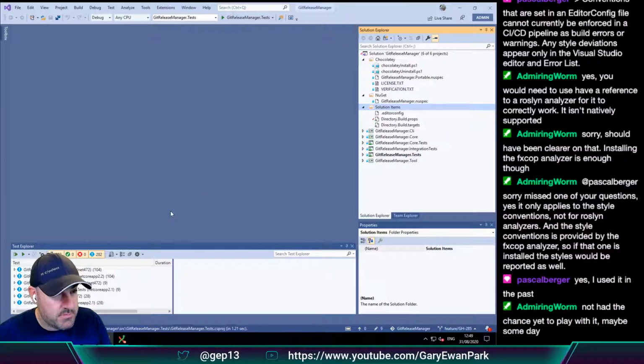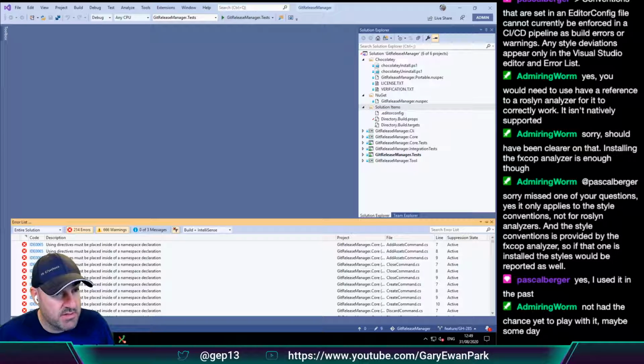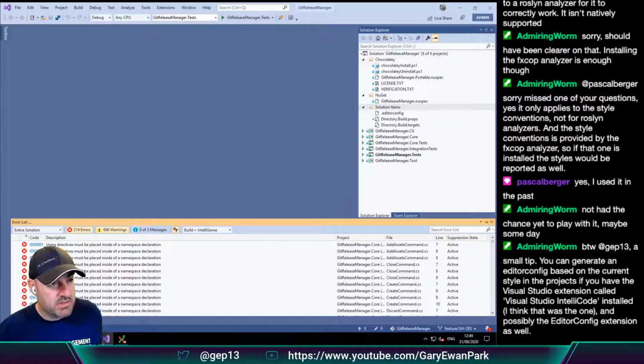Okay. So we should, in theory, start seeing the errors coming through here as well. Using directives must be placed, so that part's working here as well. So one of the things that we were talking about last week was that you can generate an error based on the current style in the projects.